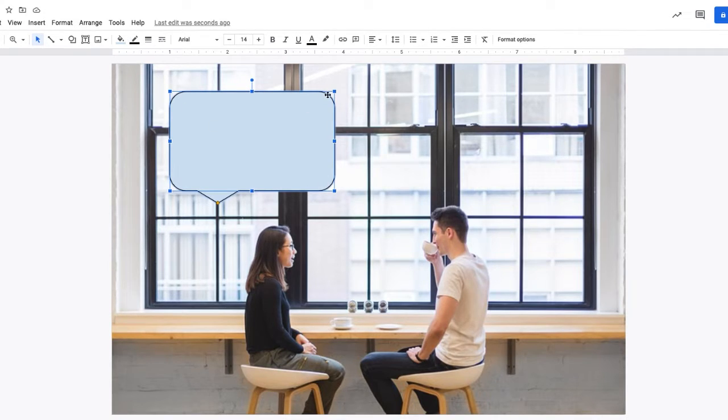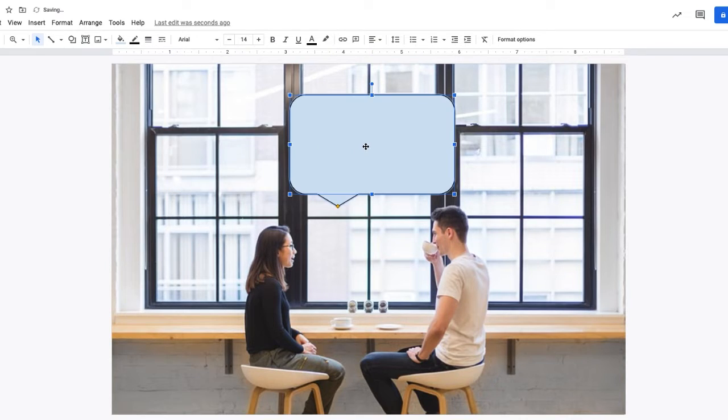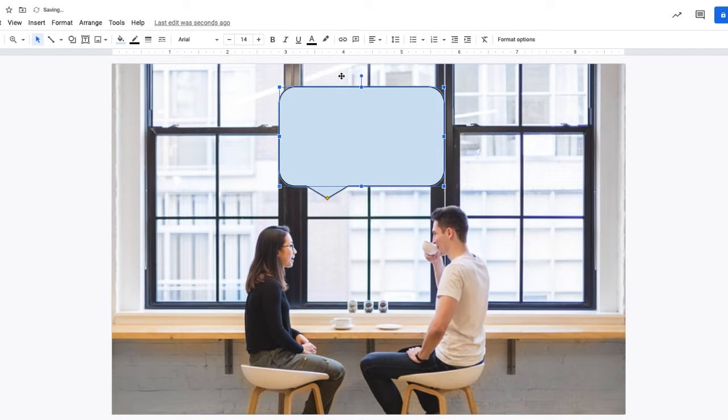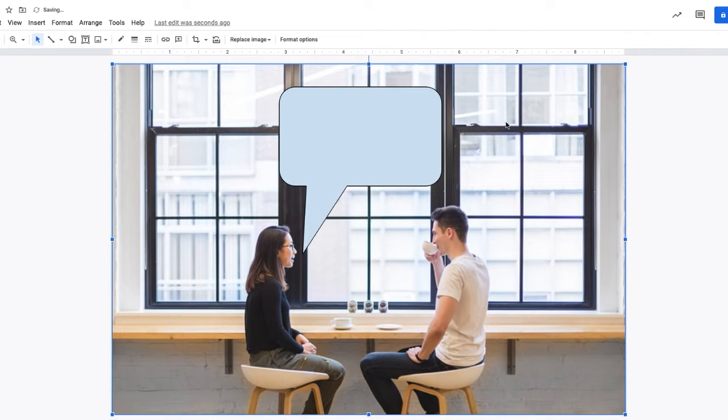Once I drag a shape out, then you can see it's in this blue box. This blue transformation line is around it, and that just means I can move it and I can transform it. So I want to move it right here, and then if I want to make it bigger or smaller, I can pull it out from the corners. And this yellow one is special. It controls where the actual speech is coming from. So you could put it anywhere on the page. I'm going to throw it right here in front of her mouth so we know, indicating that she's the one